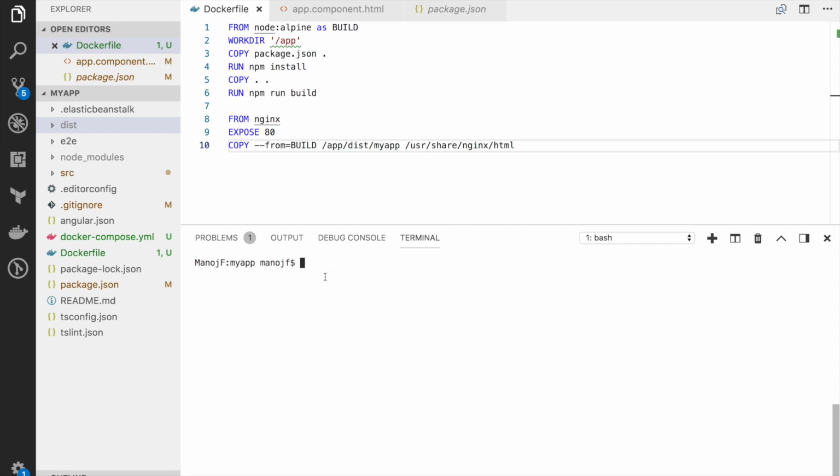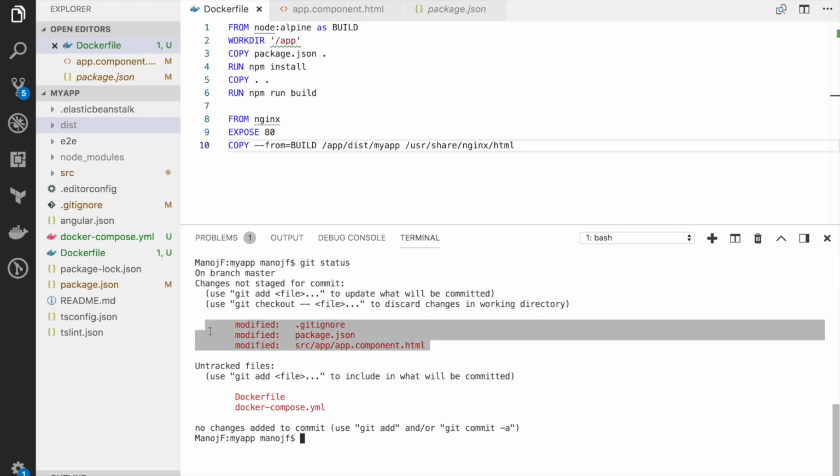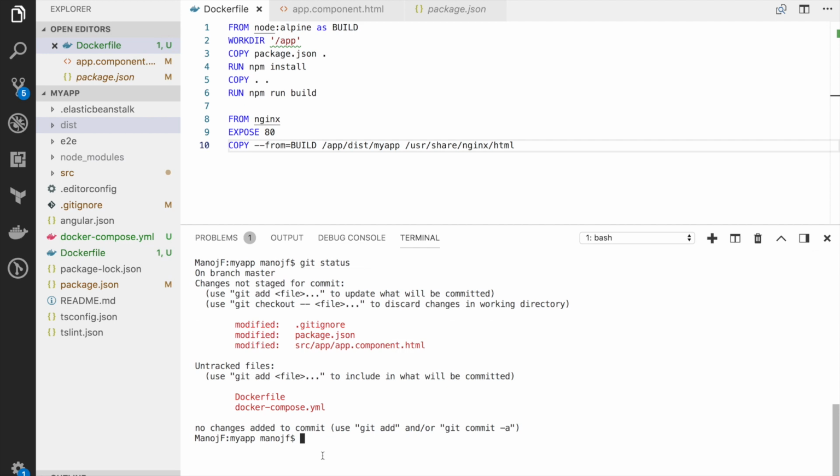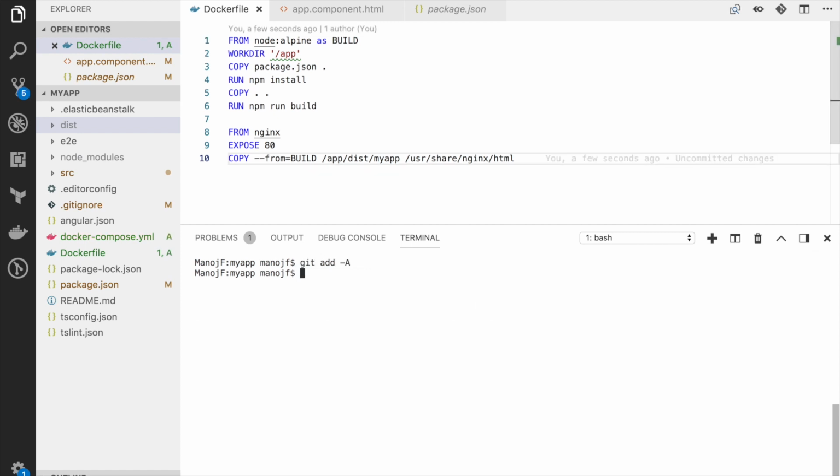Now, one small thing that we need to remember: when you're creating an environment, Elastic Beanstalk will not push the files that are not committed. For example, if I just say git status, you will see the Dockerfile and Docker Compose files are not committed. So let's commit them first. This is a caveat, just remember to do this. I will just type git add -A. I will add all these things